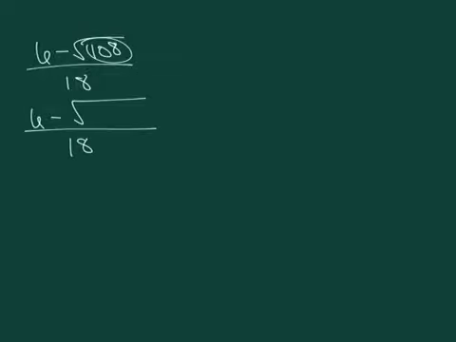Fun times. Let's see. One more. 6 minus the square root of 108 over 18. So, first of all, we're going to do that. What two numbers multiplied together give me, oh gosh, 108. Let's say 108. 3 goes into 108 36 times. That doesn't help me a whole lot. So 36 times 3,